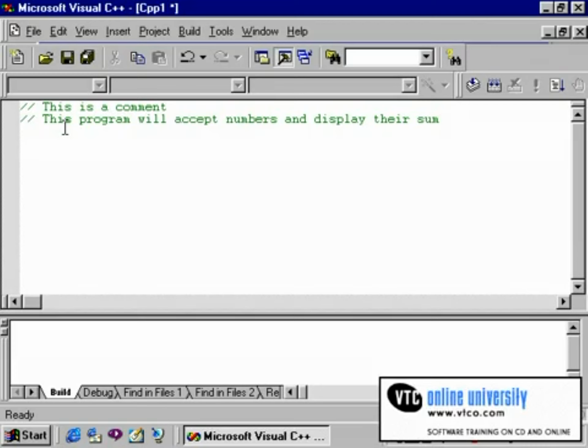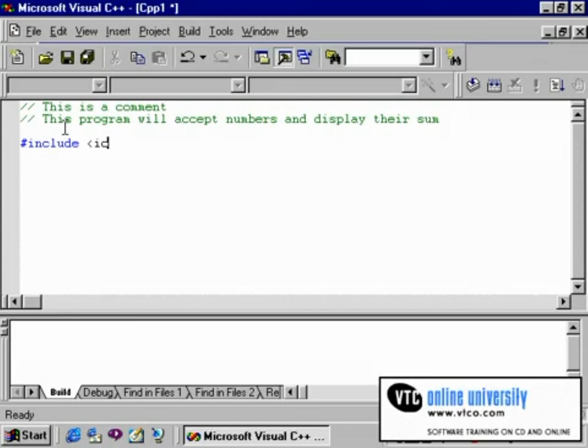So for example, if I want a blank line between my comment and my next line of code, I can simply press the Enter key as many times as necessary. The next line of code will be confusing at first, but is necessary and will become more easily understood as time goes on. I'll first type the line, which is #include